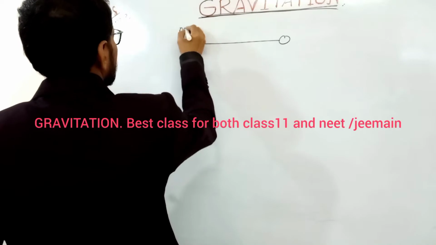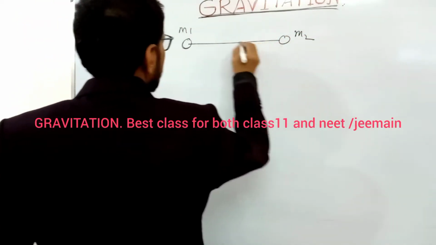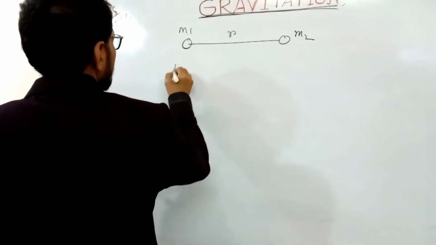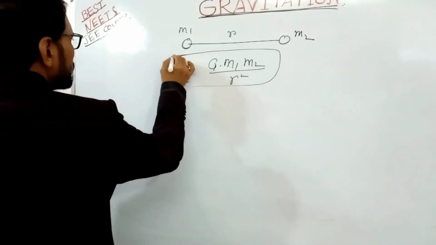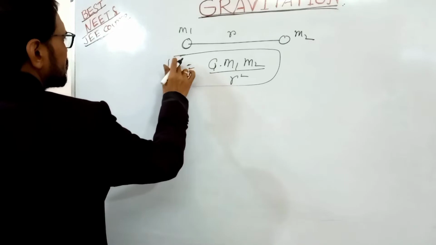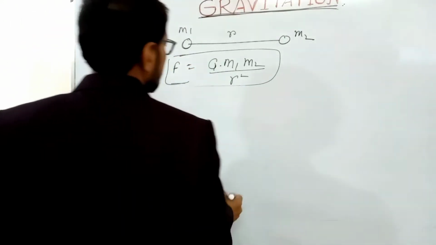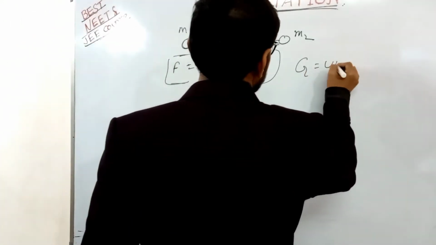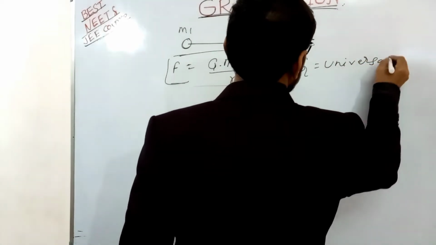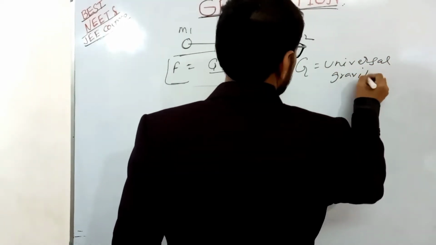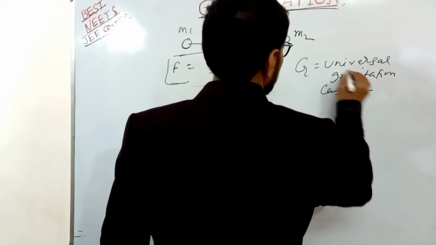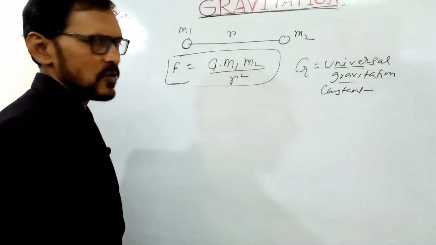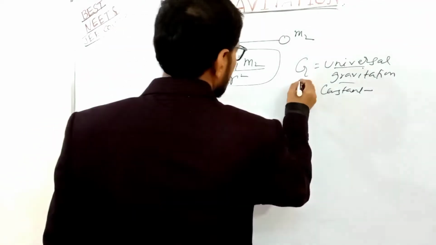Suppose every two masses of the universe attract each other with a force F equal to G m1 m2 by r square. All of you know the formula. F is always an attractive force, and G is the universal gravitation constant. Why is it called universal? Because the value of